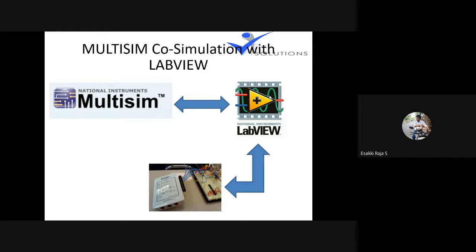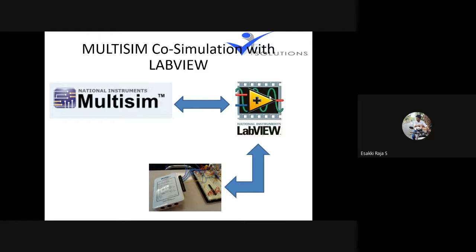These signals, we'll call control signals. These control signals, we can't give from Multisim. Actually, we can give them, but we can't control them. Either we can give a fixed value. If you want to control the control signals which we provide to a MOSFET in an inverter, we need